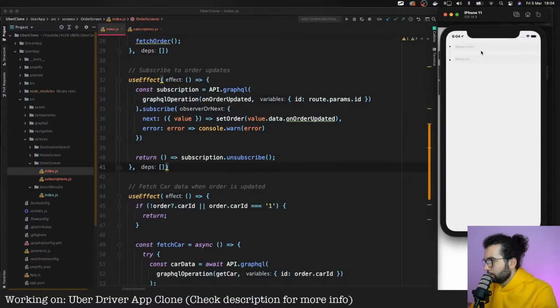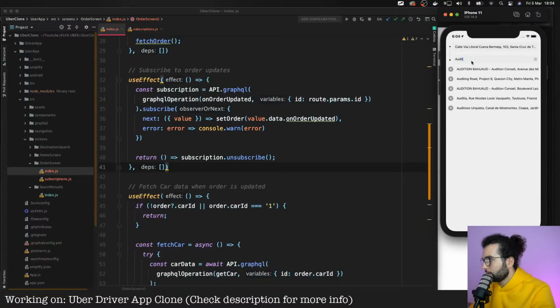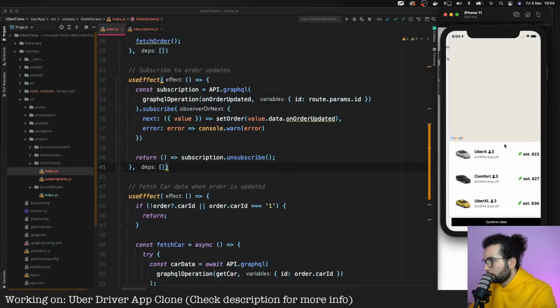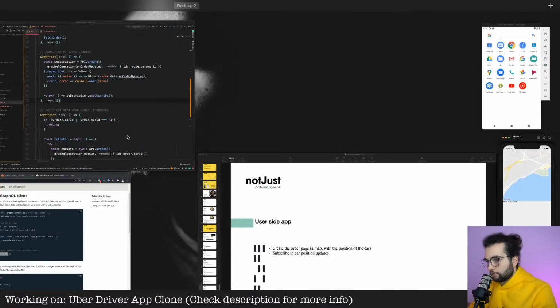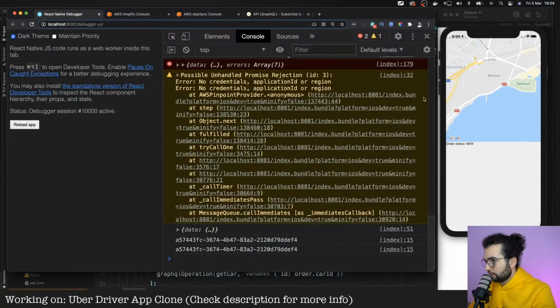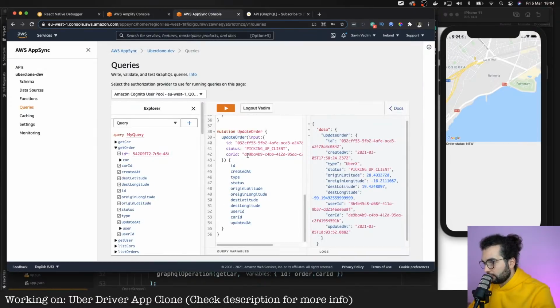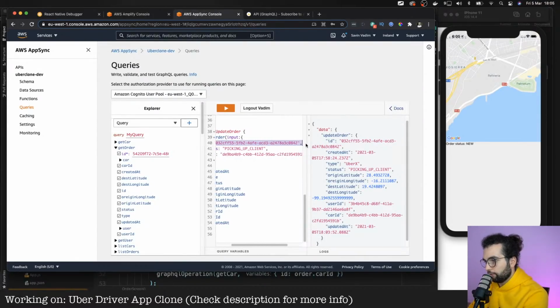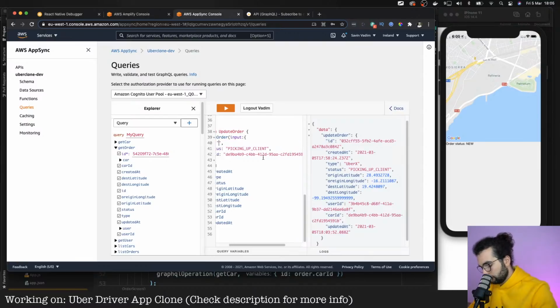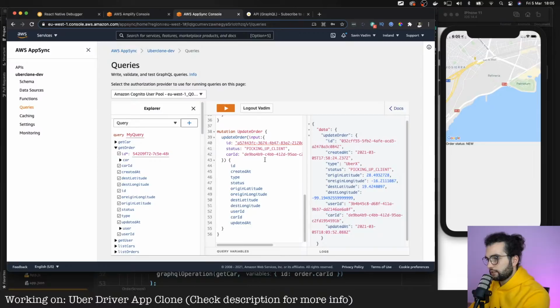Okay, new order. Okay, here is the new order. The status is new. Let's grab the ID. What's this data? Go to AppSync. Update the order with this ID, and set the status picking up client and the car ID of that car.